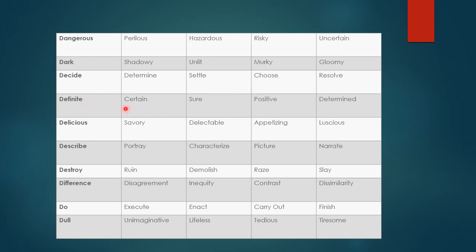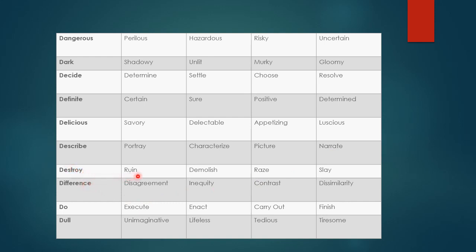Definite, certain, sure, positive, determined. Delicious, savory, delectable, appetizing, luscious. Describe, portray, characterize, picture, narrate.